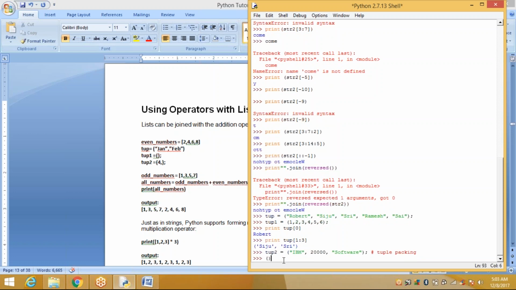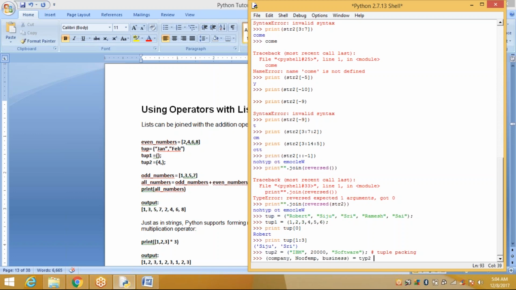Next, within this, I'm assigning the values. This is company. Next, number of employees. And business, software business is equal to tuple2.